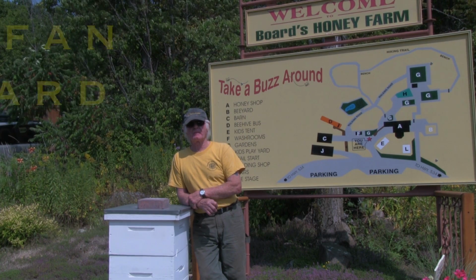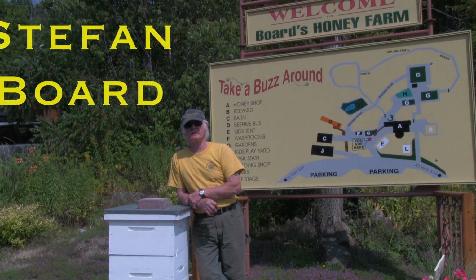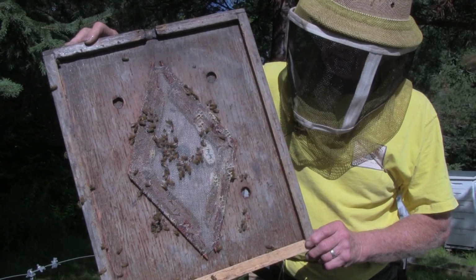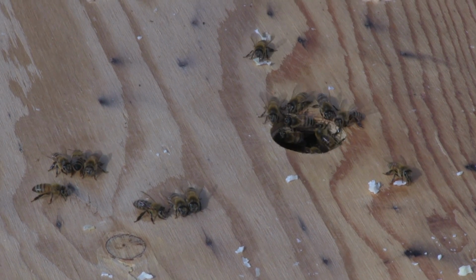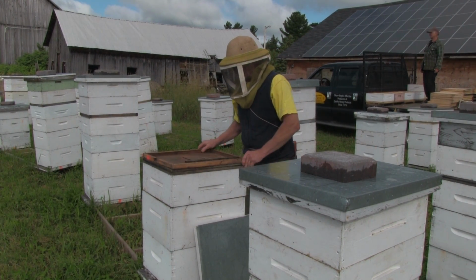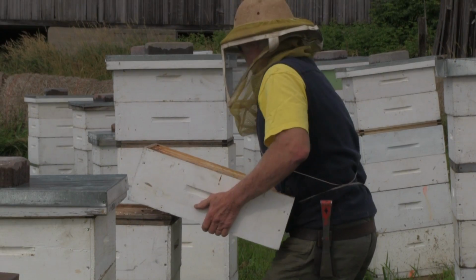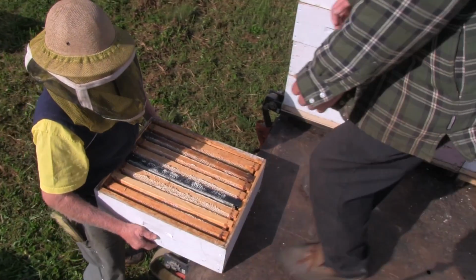Once the frames in the boxes are 2/3 capped, then we as beekeepers know that the bees have ripened the honey, and ripening is a trade term, meaning the removal of excess moisture. We will then go to the field, put on a bee escape, put the honey above the bee escape, and the bees will leave the honey in warm weather between 3 and 5 days, and in cold weather 5 to 10 days. And we can then go in the evening, bring the honey home, and then we place it in